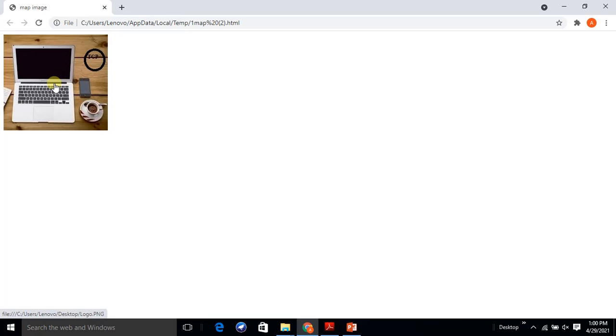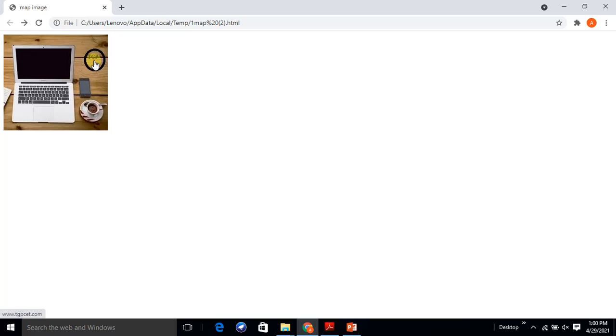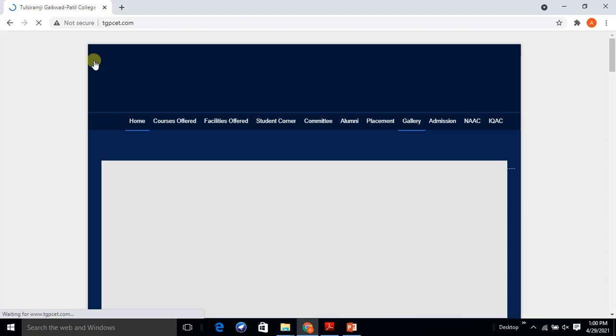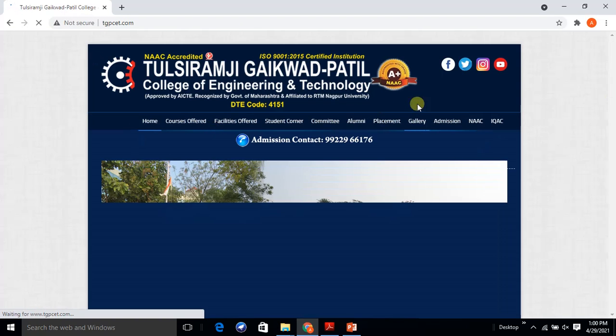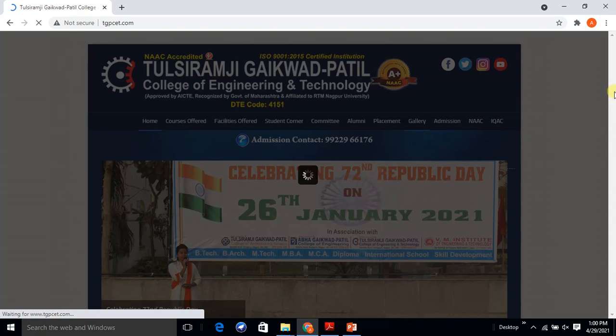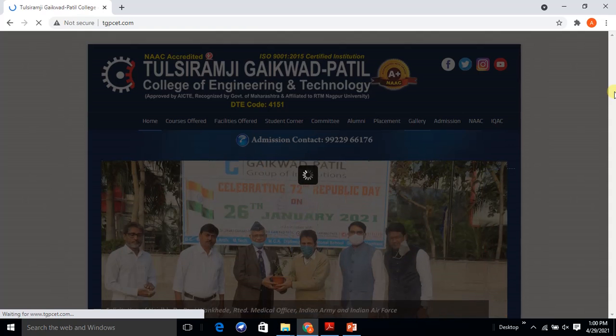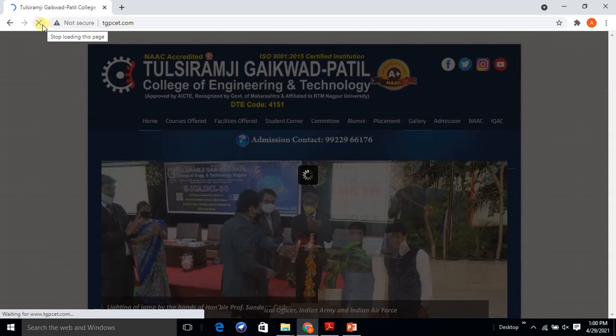If we click on the laptop, we will get the information related to it, that means we can't access the page. Now if we click the TGP, we will get the information related to TGP. What page have we hyperlinked here? Wait, here you may find that you get the page related to TGP. So this is the way of image mapping; with the help of the image mapping concept we have hyperlinked the images.